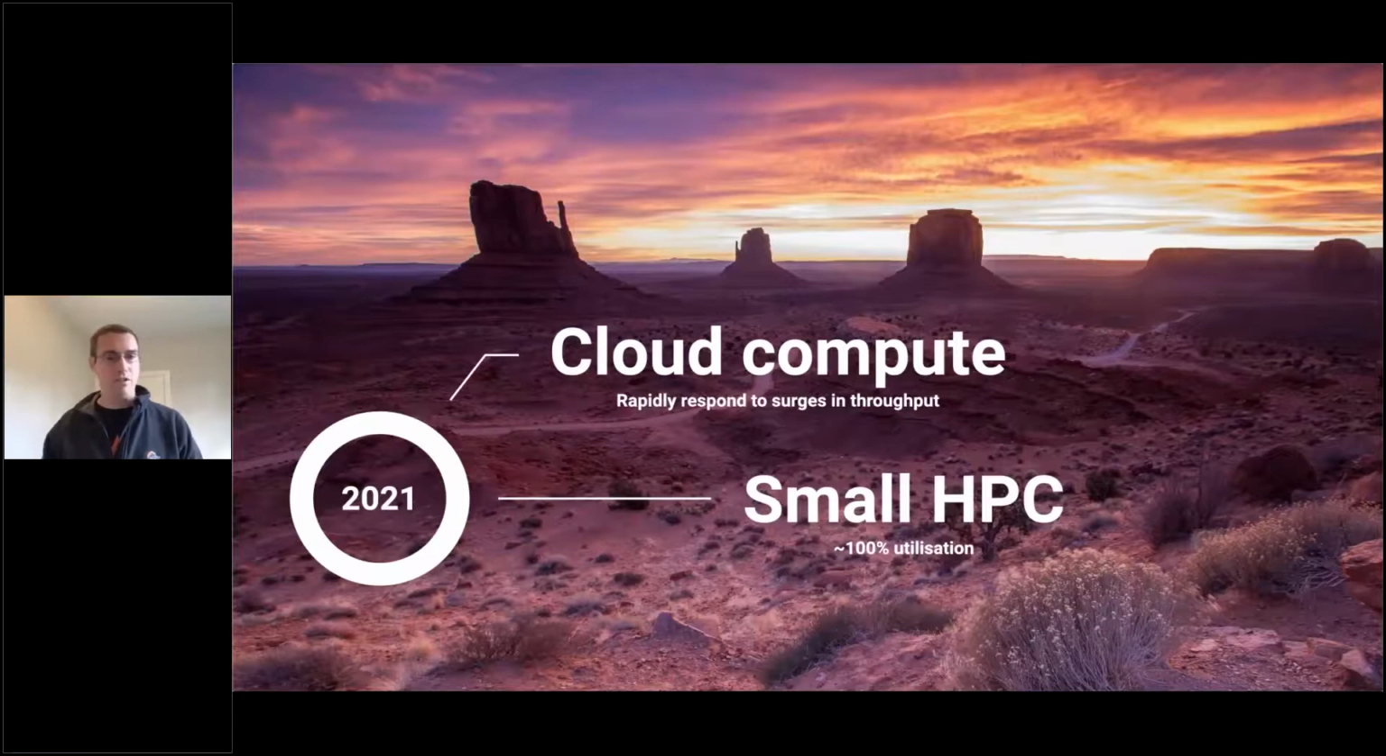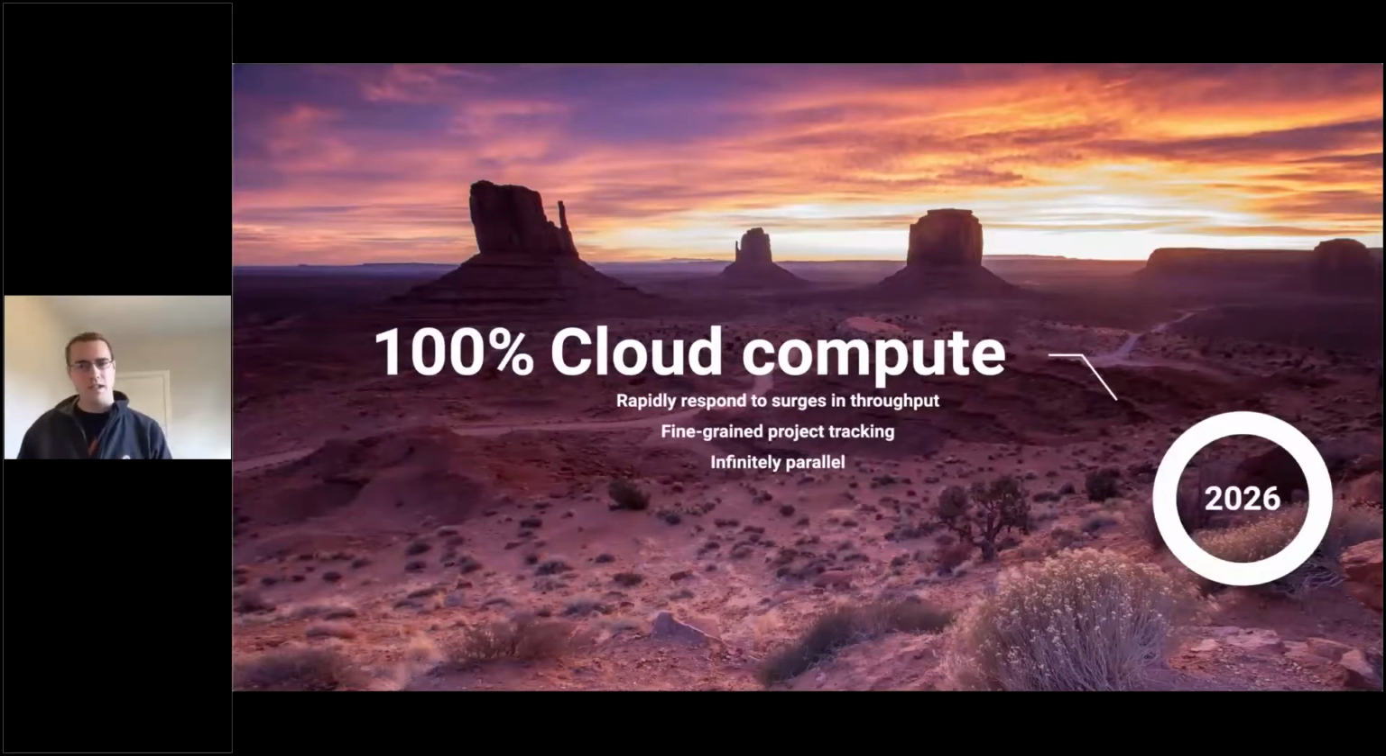When we look further afield, this is going to come around again in another 5 years. We're going to have to, again, do some more planning there. And so by 2026, at the end of this period, we want to be ready to hit 100% cloud computing, which we think is going to be the best way for us to go. Not only does that allow us to respond to surges, but it also should make it much easier for us